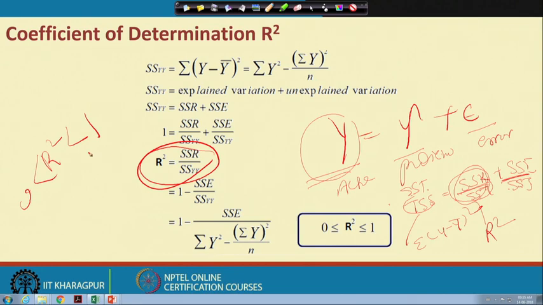Compared to the specification test, where the job is to validate the parameters or test the statistical significance of parameters, here the job is to validate the R square. So, whatever the value of the R square in the model, you have to check whether it is statistically significant or not. In the case of the specification test, the test statistic which you frequently use is called the t statistic, but in the case of the goodness of fit test, the test statistic which you frequently use is called the F statistic,